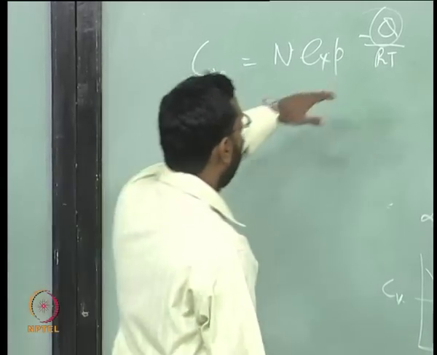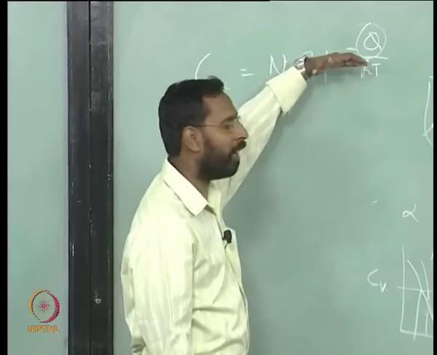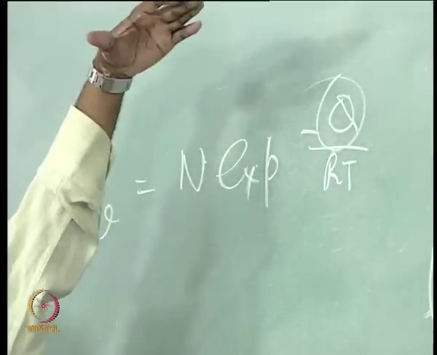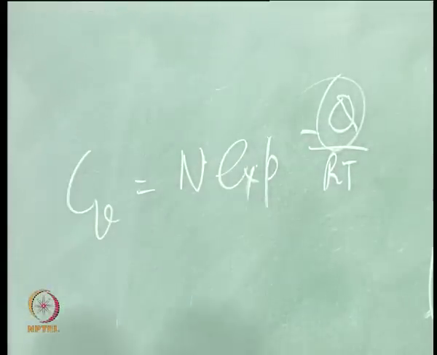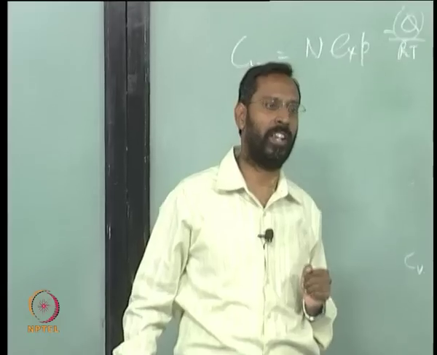And that is the reason why when I am at a higher temperature I have a certain number of vacancies, and if I am at a lower temperature I have a lower number of vacancies. The lower the temperature, the lower the vacancies. If I am quenching from a higher temperature to a lower temperature, because I am not providing sufficient time for the excess vacancies to get annihilated, they get retained. That is what we call quenched-in vacancies.